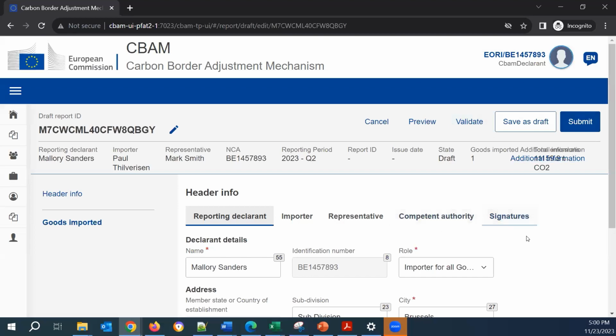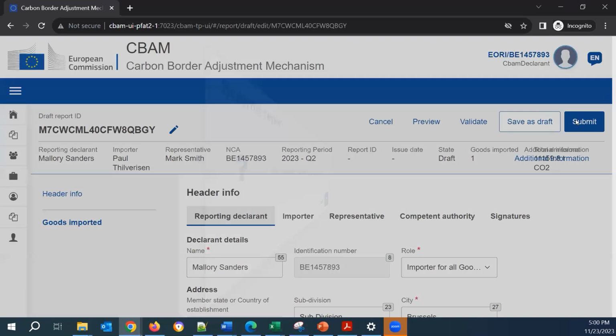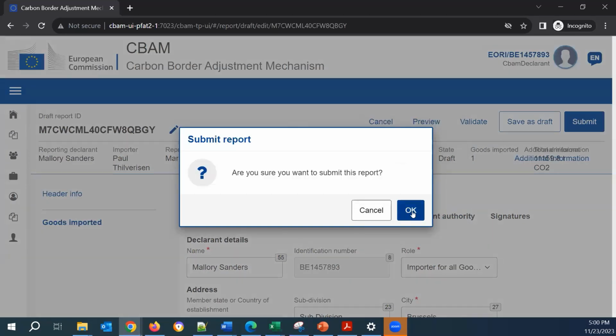I think I'm confident that everything is correct inside my report, so I will not press the submit button, because I can do amendments.